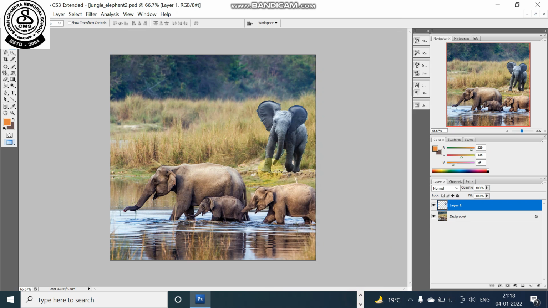So dear students, remember this: there are three kinds of lasso tools: the lasso tool, the polygonal lasso tool, and the magnetic lasso tool. Lasso tools are used to cut a part of the picture according to its edges, so that the part looks very lively, and you can use that cut part of an image in another image.